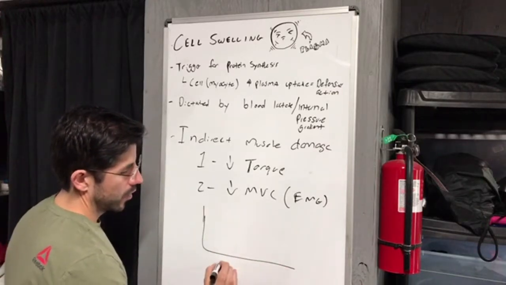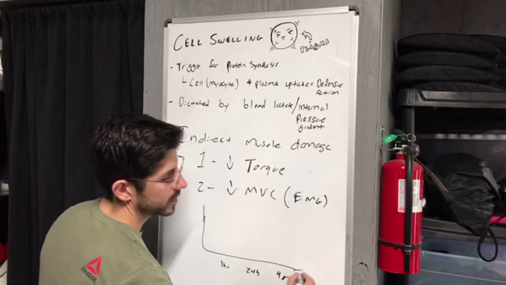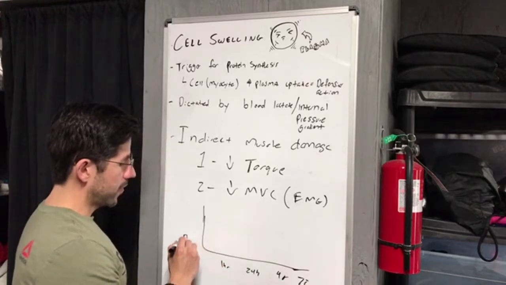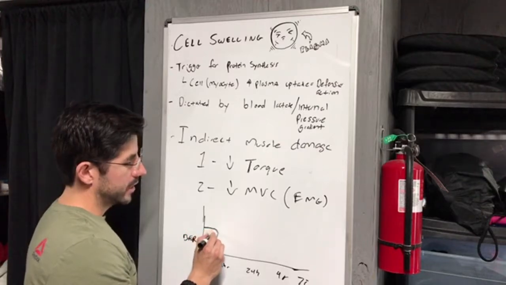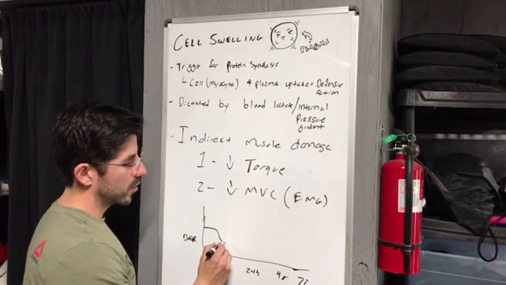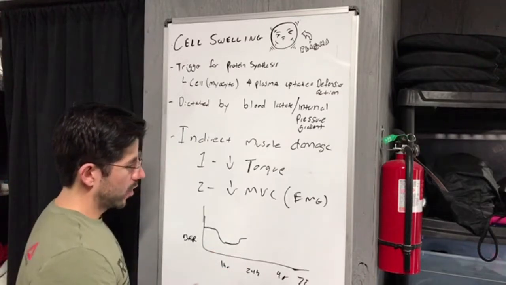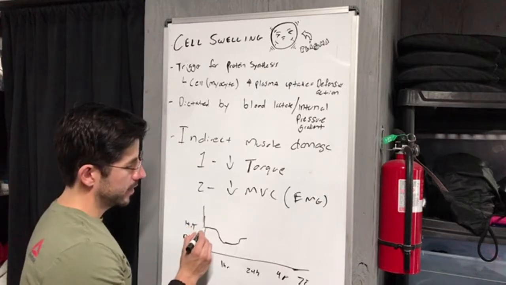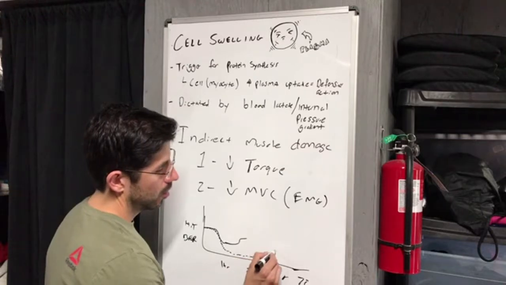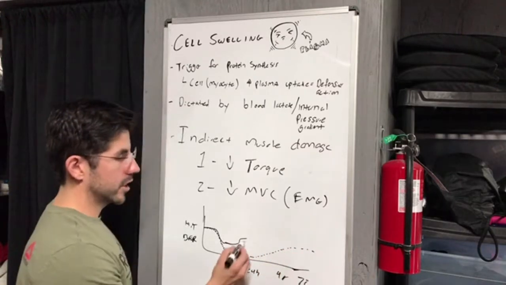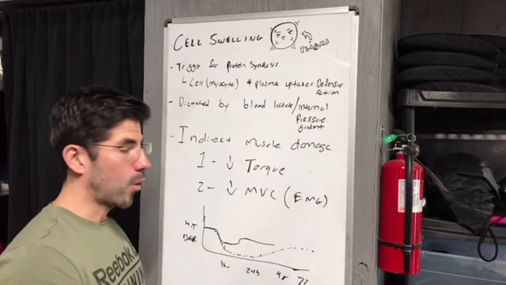Here's the 1 hour afterwards, the 24 hours afterwards, 48 hours, and 72. We saw that BFR, if this was their baseline, had an immediate drop within that 1 hour period, and then at the 24-hour period would come right back up to where they were. Whereas the high intensity group would have a drop in torque production that would take almost about 48, if not more, hours to come back, simply because there was true cytoskeletal matrix disruption and damage which required an appropriate